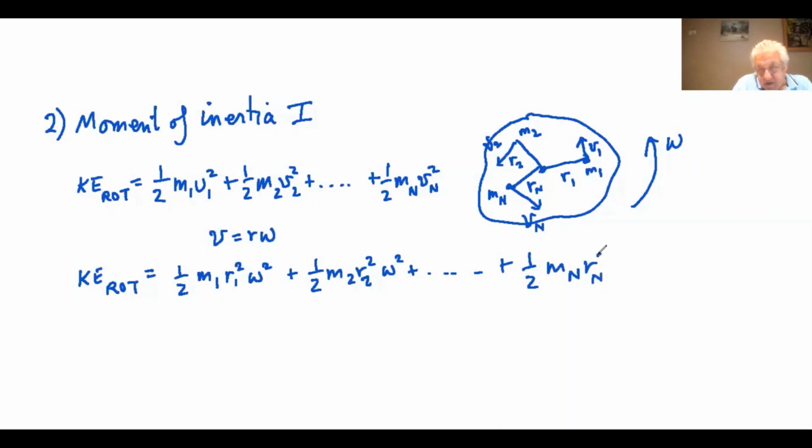Rn squared omega squared. Now you can see that omega is going to be the same. In terms of the angular velocity of all the particles, it's the same for every particle. The linear velocity will be different for the different particles depending on the radius, but the angular velocity will be the same. So I can take out a half omega squared as a factor, and inside I'm left with m1 r1 squared inside the brackets plus m2 r2 squared plus